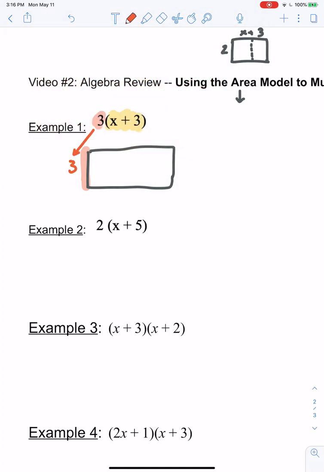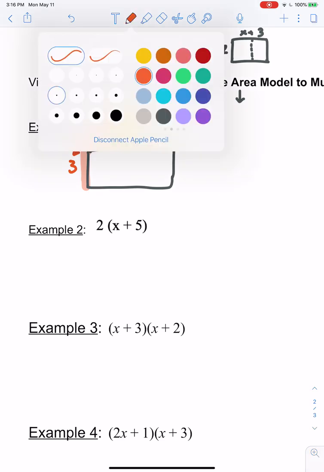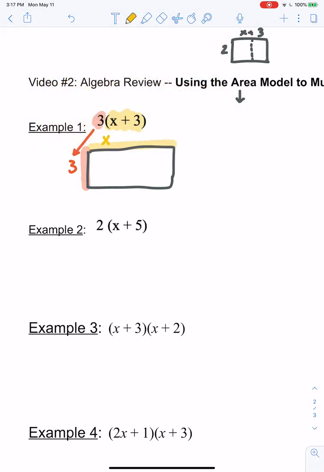So we have 3 times x plus 3. So we have x. We don't know how big x is, but we do know that 3 is this length in orange, so this is about the same size plus 3. So we're splitting it down. Then what we're doing to find the result of multiplying out this polynomial is we're going to find the area of each of these pieces